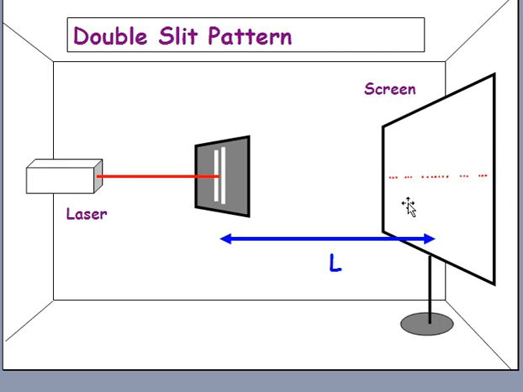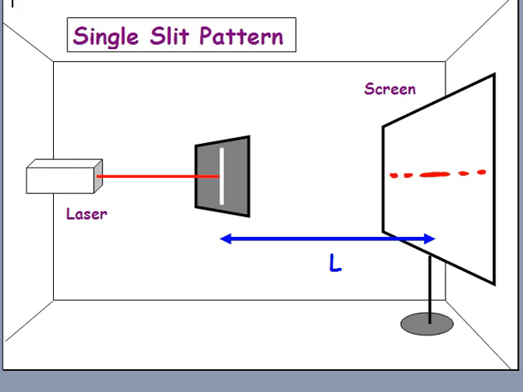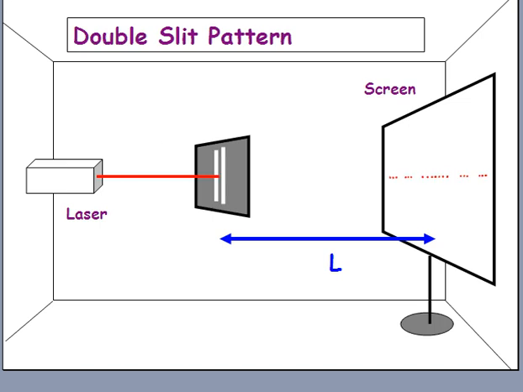But instead of being a continuous smear from gap to gap, it's actually a whole bunch of little dots from gap to gap. So again, the single slit looks like this, smeared out, but with some little patches of nothingness. And the double slit with 2 slits looks like this, smeared out, patches of nothingness, but dots instead of general thick bands. We're also going to talk about something called a diffraction grating. If you can imagine trying to set this up where you're trying to get the laser to hit these 2 little slits that are as wide as a human hair across, it can be a bit of a daunting task